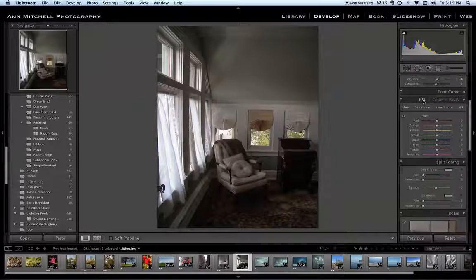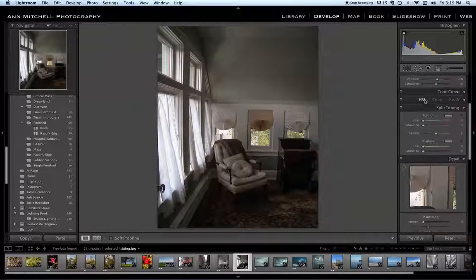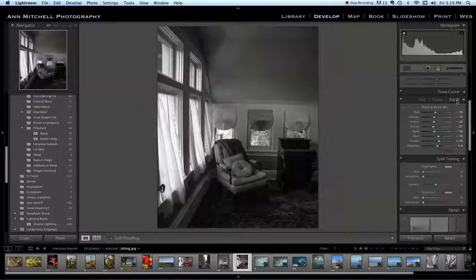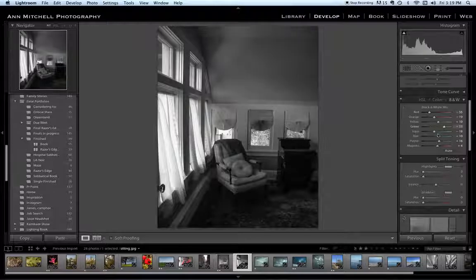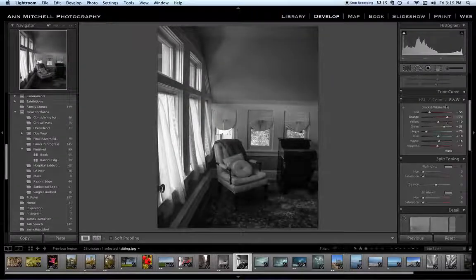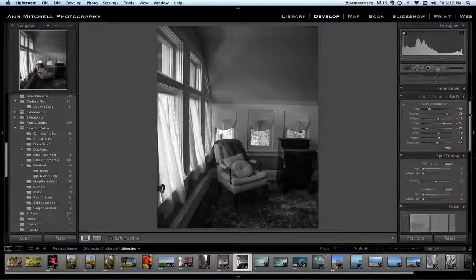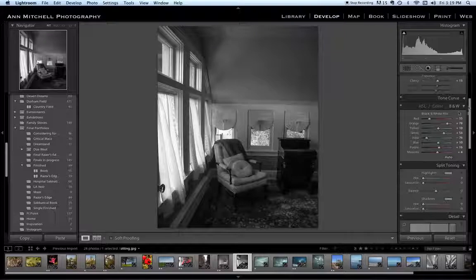After that, we have the hue saturation, the ability to just work with color, or if you want to make it a black and white. Now, if you want to make it a black and white, you then get the chance to lighten or darken. It's sort of remixing the emphasis. The nice thing about it is you can always go back to color fairly easily. And so that's the good thing about Lightroom.